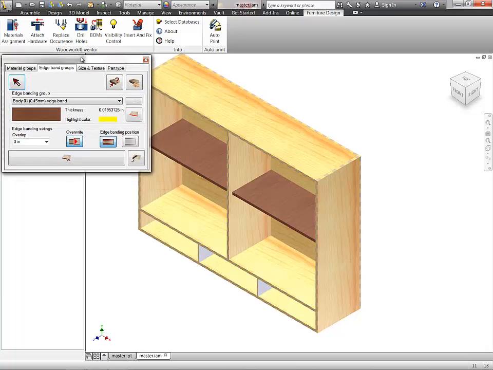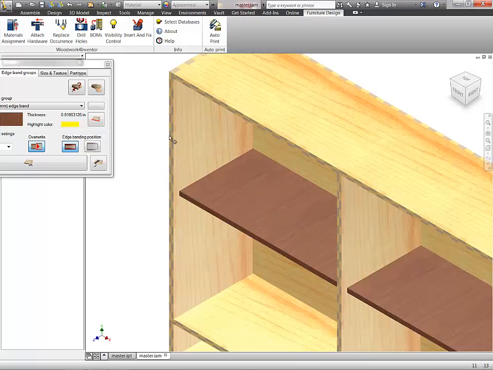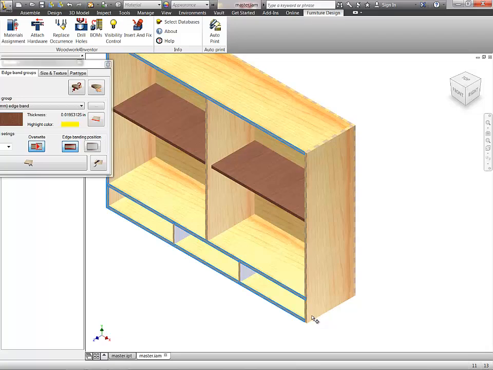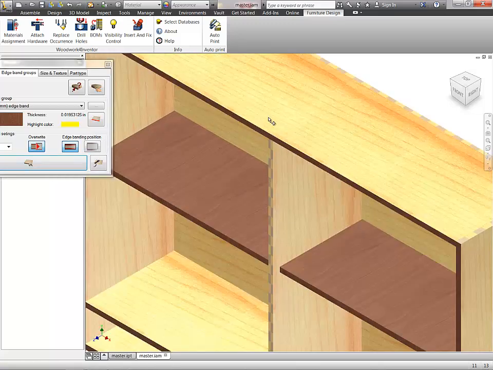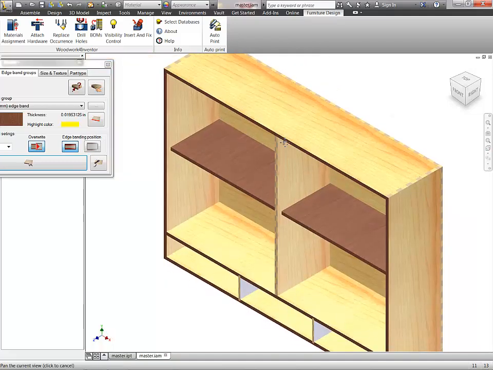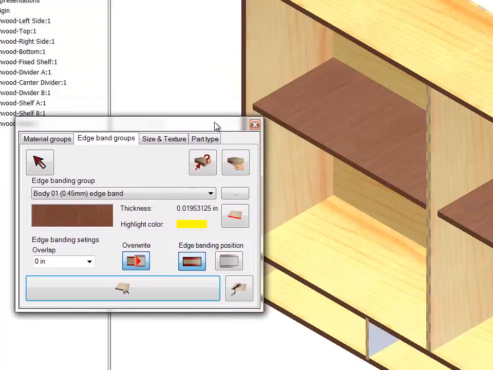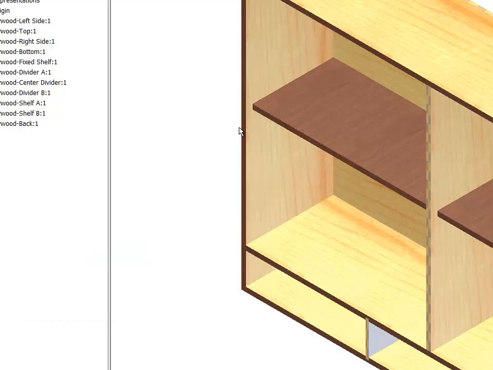And once you do that, all you're going to do now is touch any of the edges that have the checkerboard pattern, and what that will do is apply edge banding to those edges, showing you, the user, the designer, that those edges have been taken care of. Now they don't necessarily have to be edge banded. We can of course put some realistic molding around it, or anything else that we so desire. So we're not limited to what we can do here. It's giving us functionality that we really didn't have in other areas. And again, this is absolutely customizable, and the edge banding, of course,